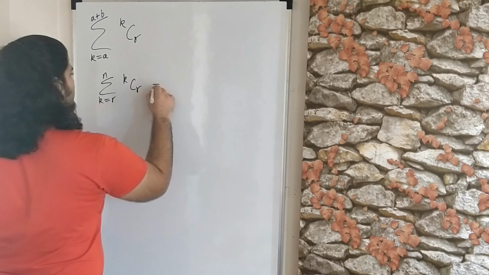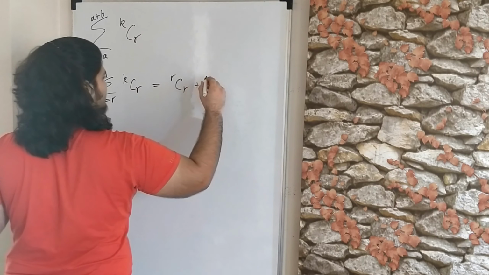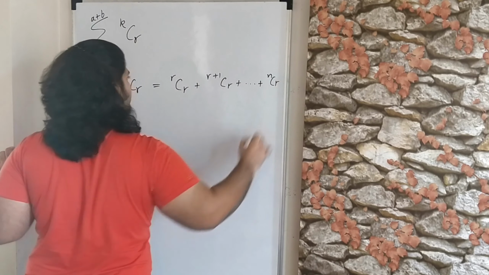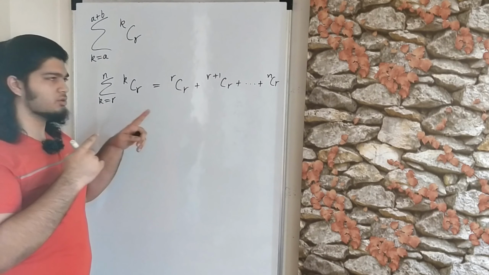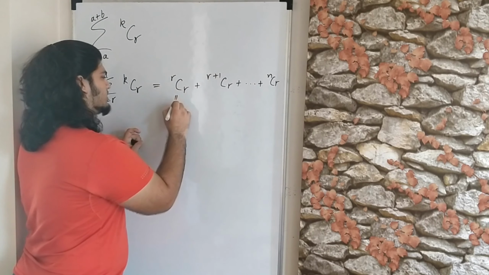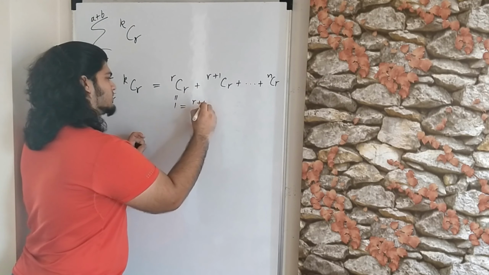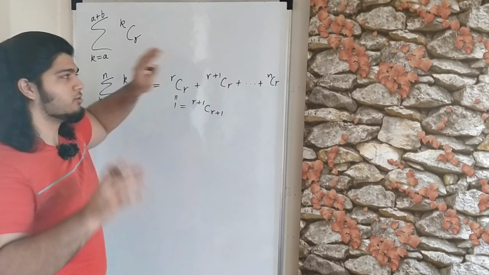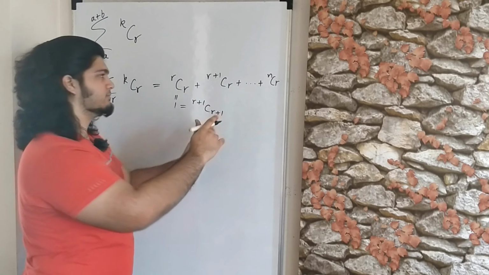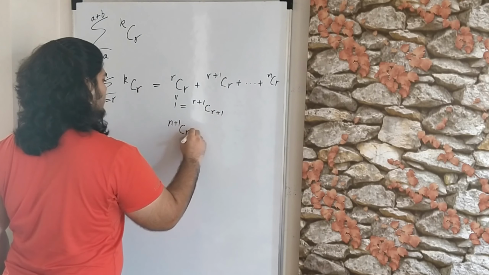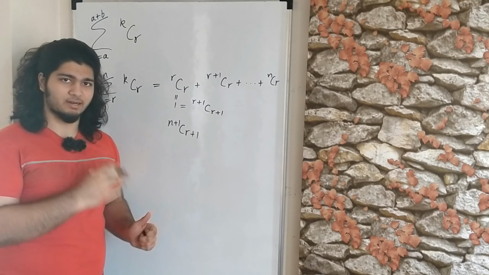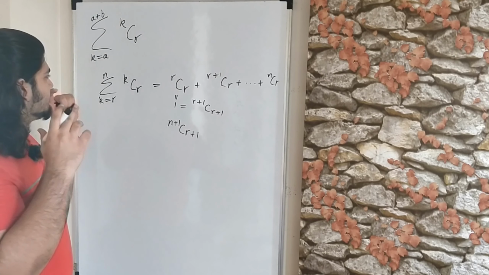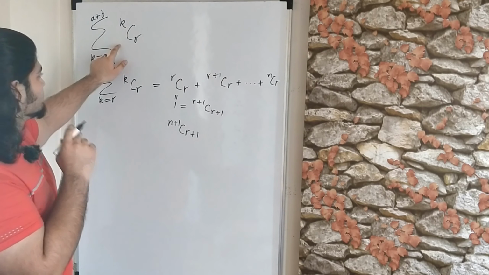You can write out the terms to see that it's rCr plus r plus 1 Cr plus dot dot dot till nCr. The way you evaluate this is that you notice that rCr, which is actually equal to 1, is also r plus 1 C r plus 1, and then you combine this term and this term to make something which telescopes the entire sum into n plus 1 C r plus 1. So I won't be doing that derivation right now. I guess I'll leave a proof in the description if you want, but the main focus today is going to be evaluating this more general sum.